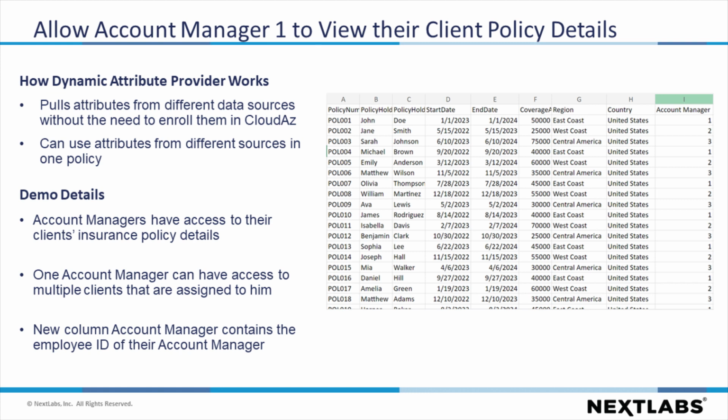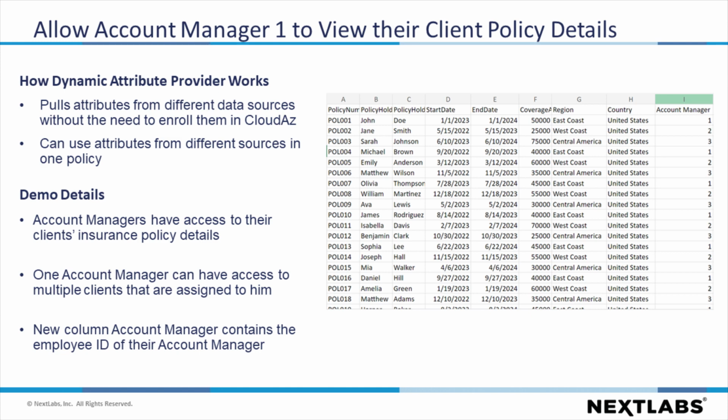videos in our description. For this demo, there is an additional column called Account Manager on the insurance policy details. This column contains the employee ID of their account manager. In this use case, the account manager has access to their client's insurance policy details. One account manager can have access to multiple clients that are assigned to him. In this use case, the user attributes are retrieved from the database and the resource attributes are retrieved from the